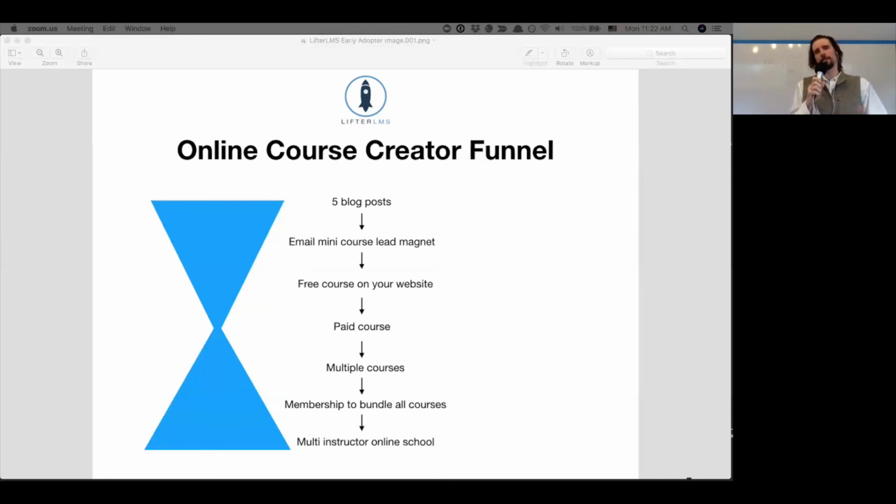So we have the Buy Everything membership. And maybe the members get some kind of extra thing too, like private one-on-one coaching calls, as an example, if we're using LifterLMS private areas and stuff like that. And then the next evolution beyond our multiple paid courses wrapped up in a membership is to have a multi-instructor